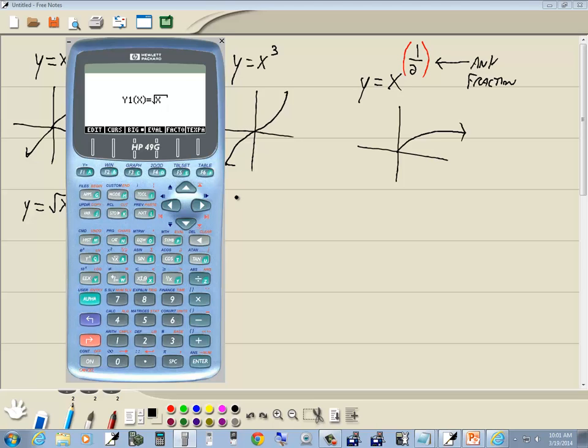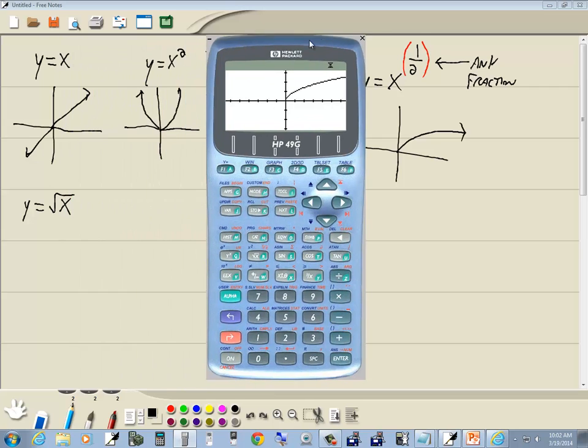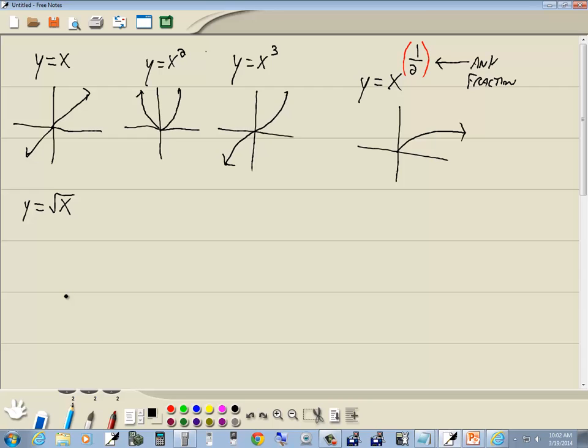Now I'll put my X key in. To get out of the square root, I press my right arrow key. And now if I did a +1, I would see the +1 appear after the square root. So again, very important that right arrow key gets you out of whatever you're in. Then I'll press enter to save that. Then I'll do F6 for draw. And that gives us the same graph we just looked at,